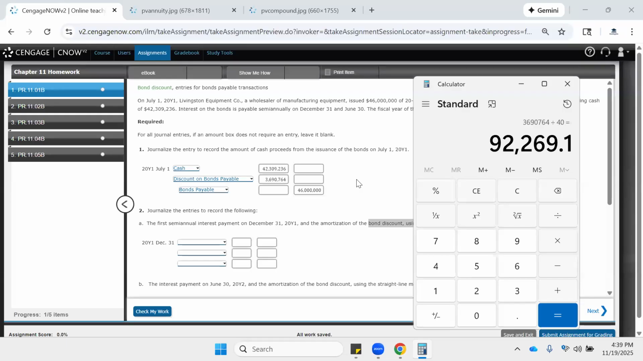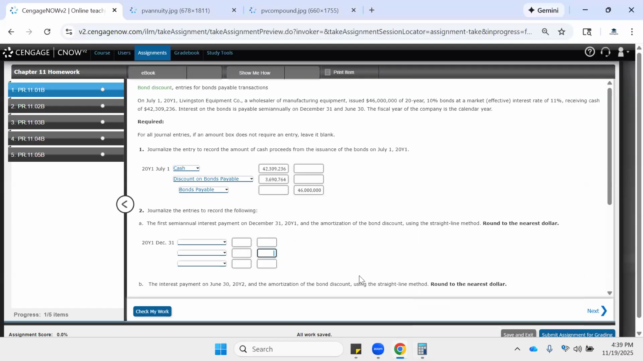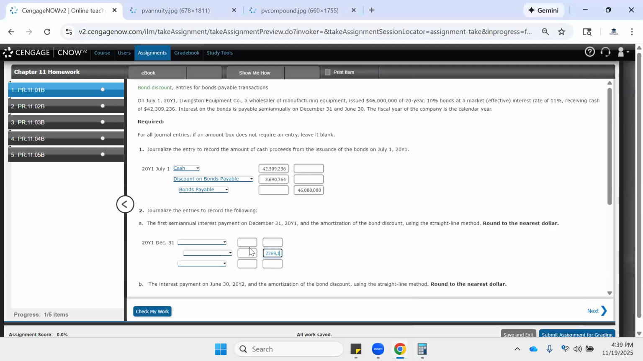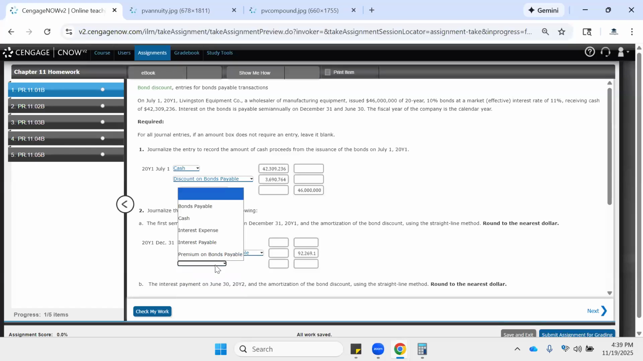But that's not the interest charge. The interest is going to be the amortization of the discount plus the cash that's paid. Because to create the discount, we needed a debit. To reduce the discount, we need a credit. And so this 92,269 is going to be a credit, and that's going to be discount on bonds payable. Our debit is going to be interest expense, and cash is also a credit because cash is being paid out